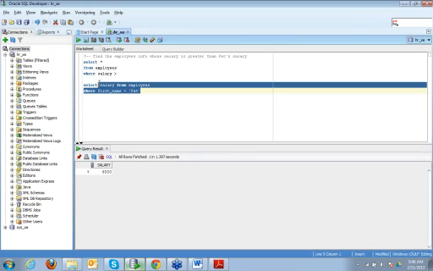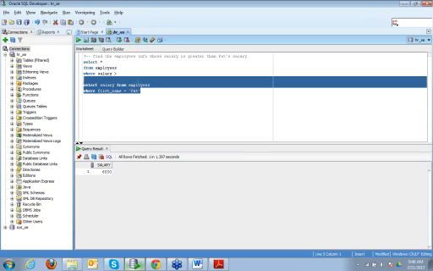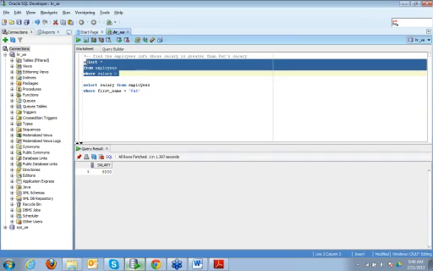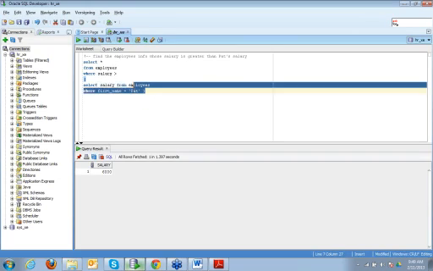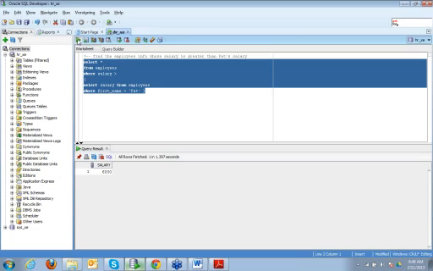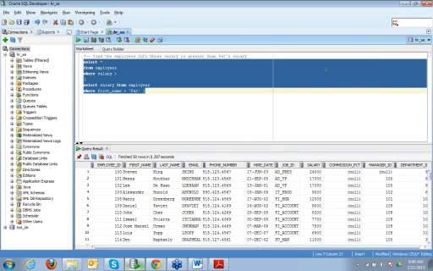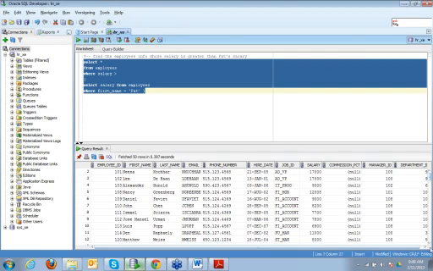So this would be my subquery, which needs to be executed first before I run my outer query. This is called the subquery, and I can put this into a bracket, right? Now I know that this query needs to be executed first, and once it receives an answer, this is going to be an input to the outer query: select star from employees where salary is greater than 6000. So now we can run the whole query together. And if you see here, these are the various employees whose salary is greater than Pat's salary, which is 6000.